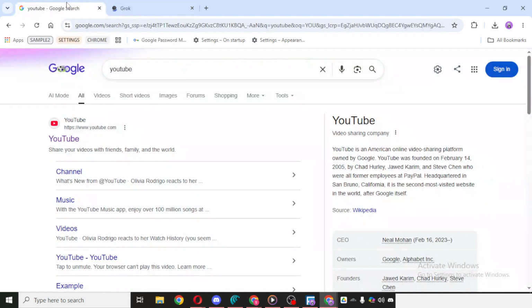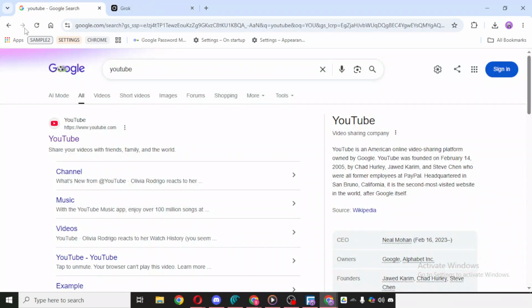You'll also notice a refresh icon, usually near the address bar. This is useful if a page freezes, doesn't load properly, or seems outdated. Clicking the refresh icon tells Chrome to reload the page. In many cases, this solves small loading issues and helps the page display correctly. It's a quick and easy troubleshooting step that's worth remembering.